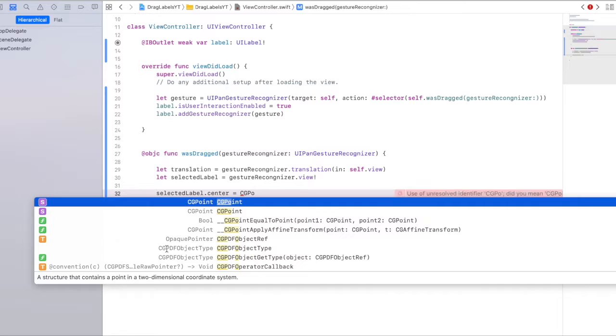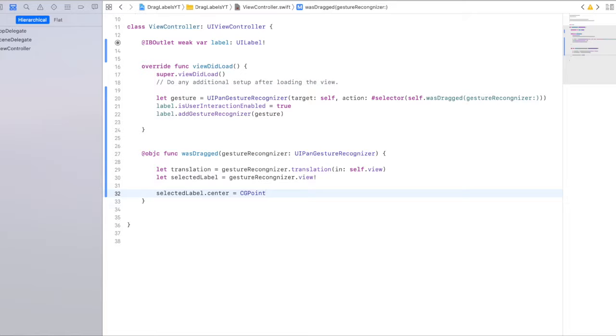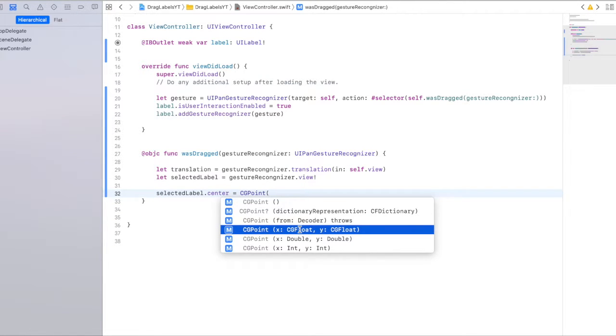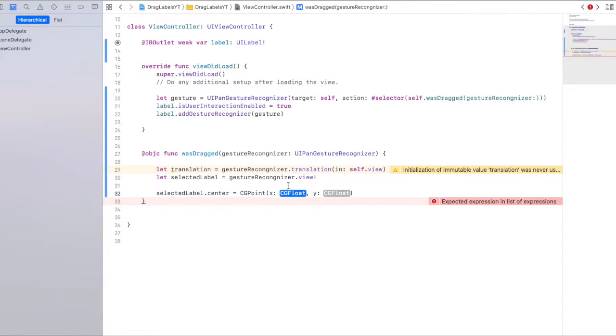So to move it upwards or downwards on the X and Y axis, we use that, and then we pass in a CG float. So the first one we pass in selected label center dot X, which is the horizontal from left to right, and then for the Y, and then